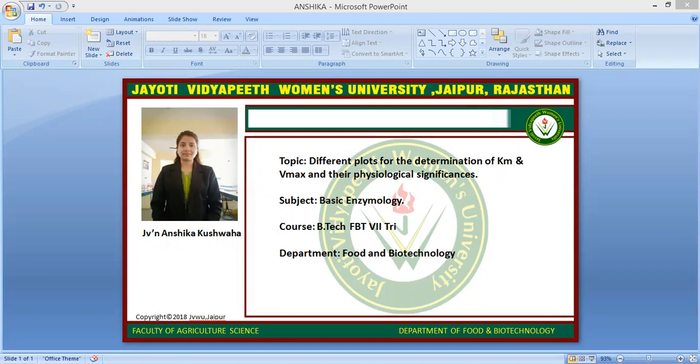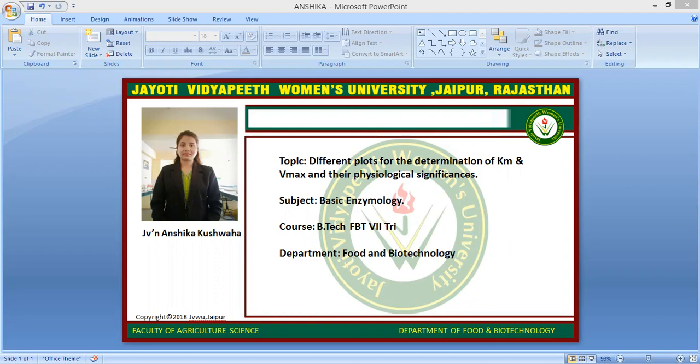So next is what is the significance of Km and Vmax. Km value is used as a measure of an enzyme's affinity for its substrate. The lower the Km value, the higher the enzyme's affinity for the substrate and vice versa. Km value also provides an idea of the strength of binding of the substrate to the enzyme molecule. The lower the Km value, the more tightly bound the substrate is to the enzyme for the reaction to be